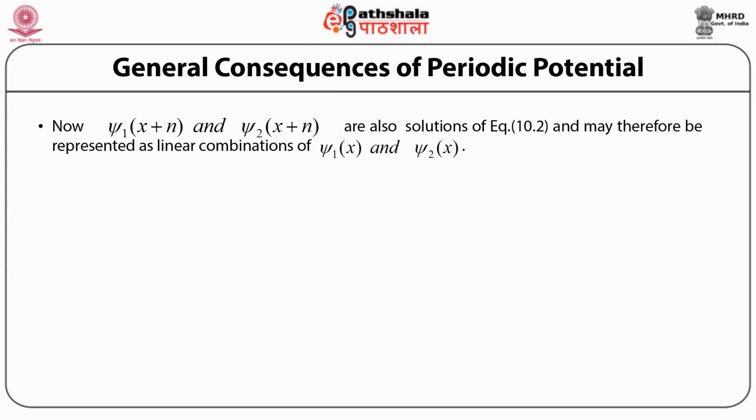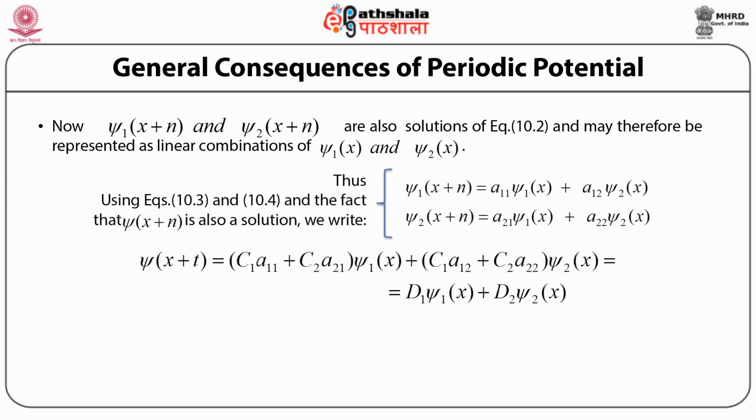Now, psi1(x + a) and psi2(x + a) are also solutions of equation 2 and may therefore be represented as linear combinations of psi1(x) and psi2(x). Thus, we can write psi1(x + a) = a11 psi1(x) + a12 psi2(x). Similarly,